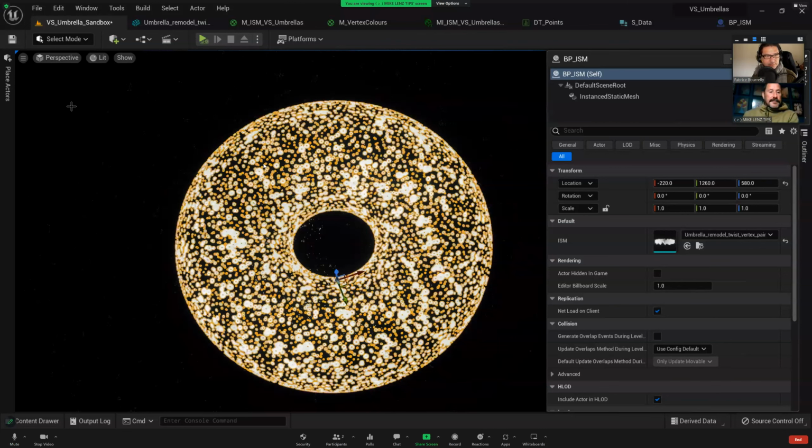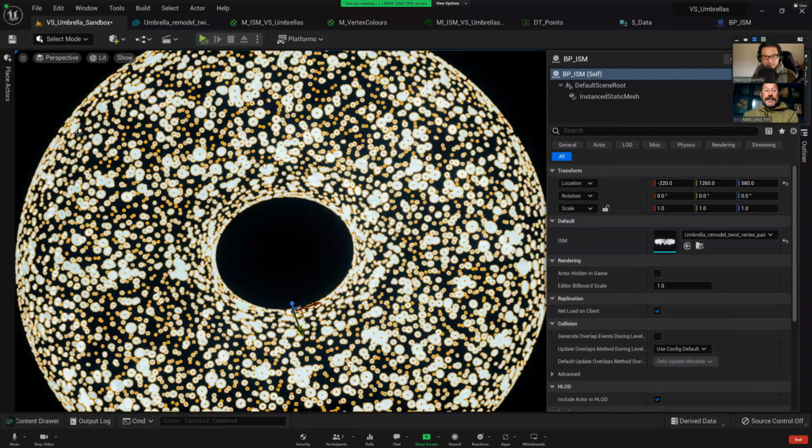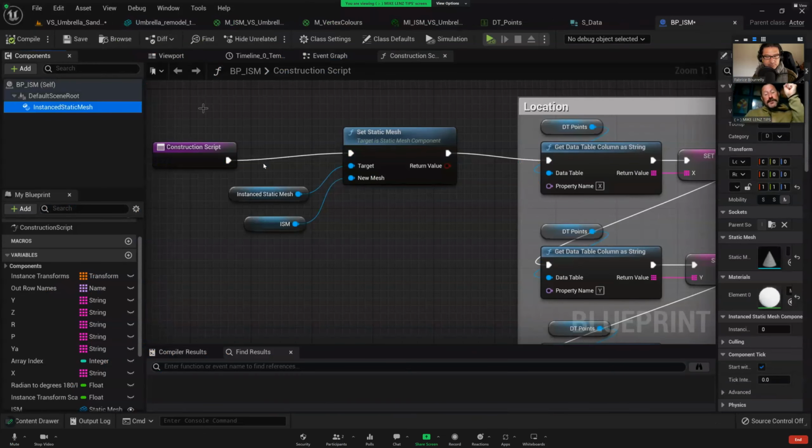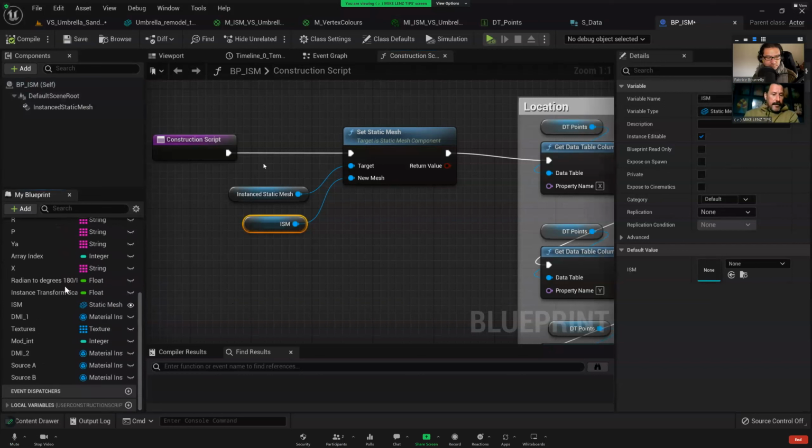Exactly. So if I come back to here, I have the instance static mesh component, which is where the superpower is in terms of being able to handle multiple instances of the same static mesh, because all it's doing is loading the geometry once, and then just placing that in many transforms. So it's a much more performant way of handling multiples of the same mesh. So that instance static mesh component is the target. And here my ISM, which is the static mesh that I'm nominating, in the variables, I've just got it set here to instance editable, which means that